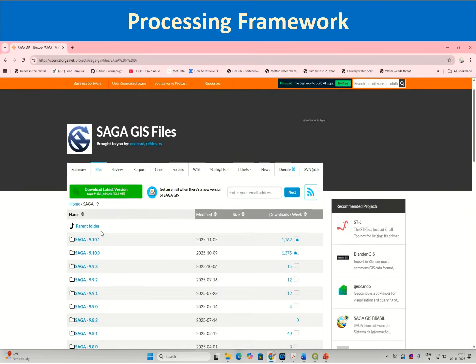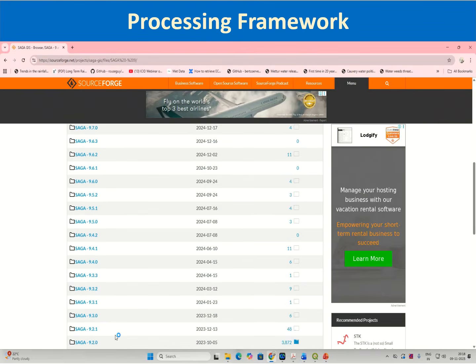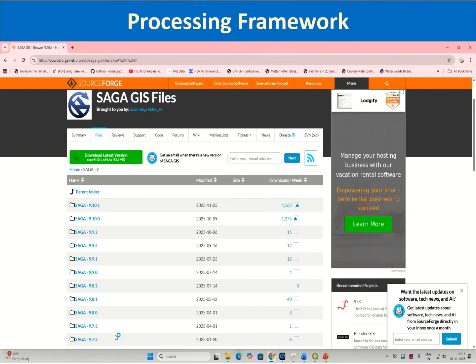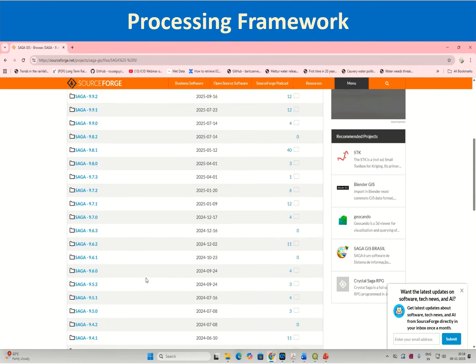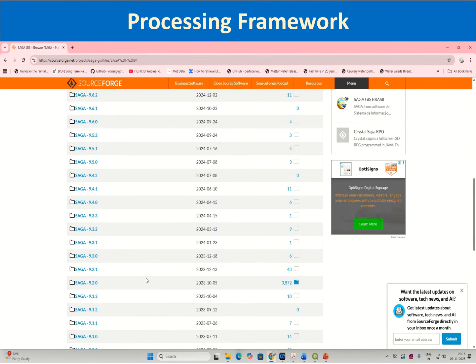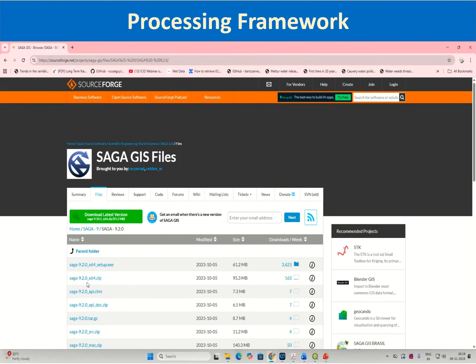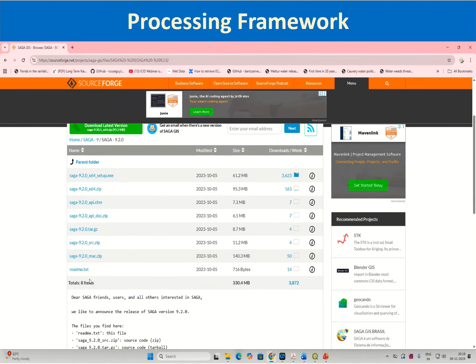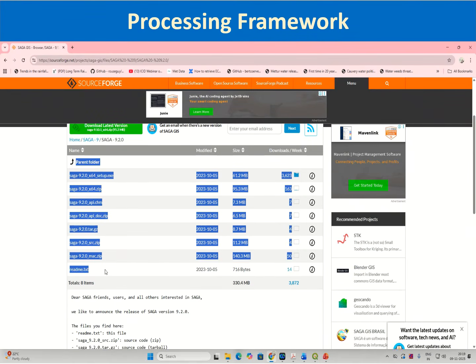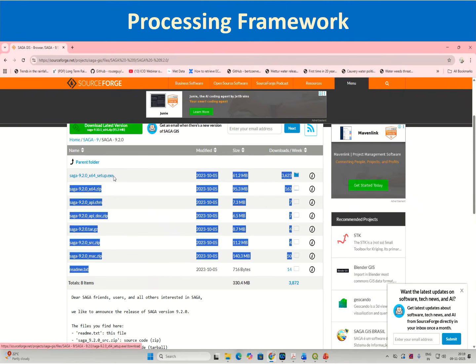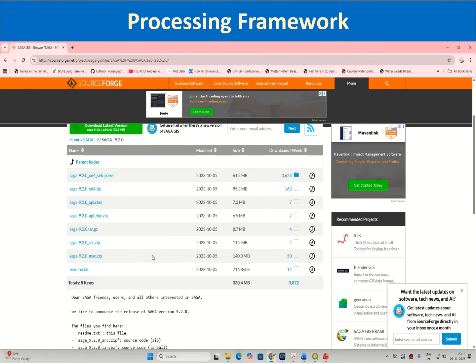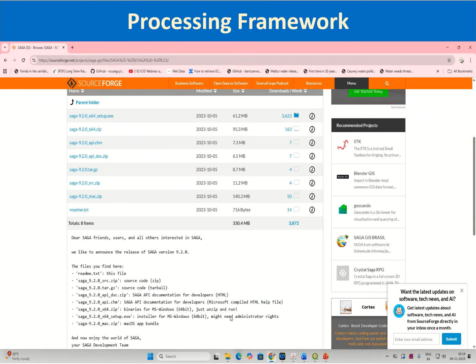Then you click on SAGA 9, under which you will find all the SAGA 9.x versions. So go to SAGA 9.2.0 folder, and inside it, in the parent folder, you will find these files. Now what you need to install is SAGA binaries. So you will find this file, SAGA 9.2.0